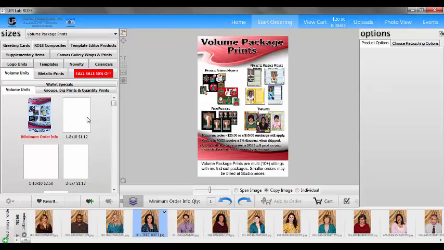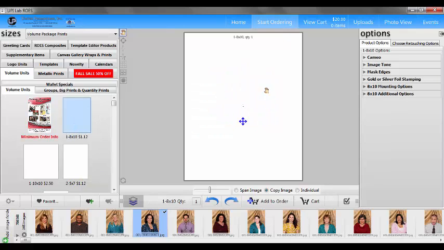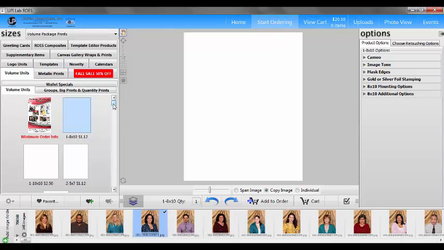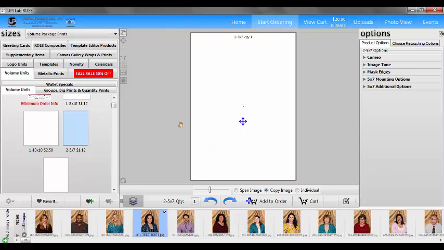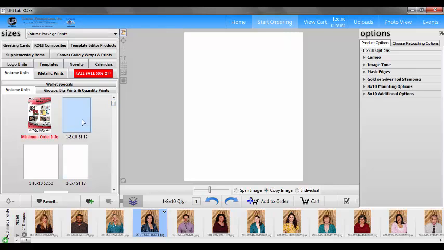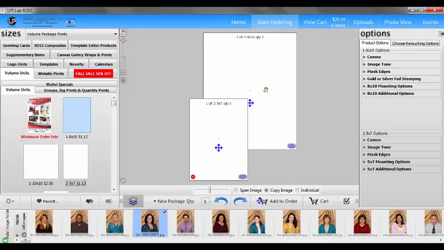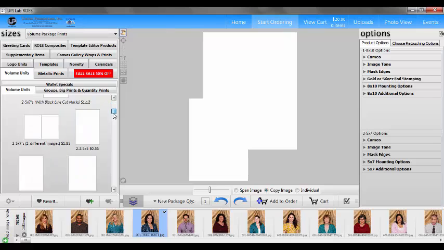If I click on my first item, it's going to open in the center just like it always does. But now I want to add products to this. I want more than one product in a package set. So let's say I want to add two 5x7s. If I just click on it, it's going to open the two 5x7s and my 8x10 is gone. So what I want to do is click on my first product, find my second product, and click and drag it into the center. If you do it right, you now have two sheets here, one 8x10 and one sheet of two 5x7s. Then I'll find another product,